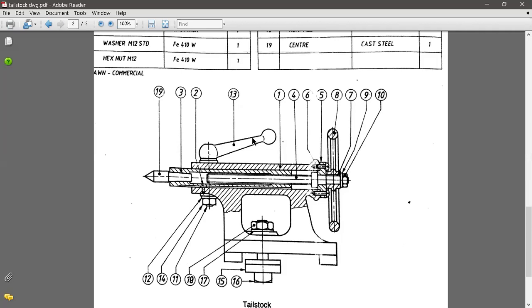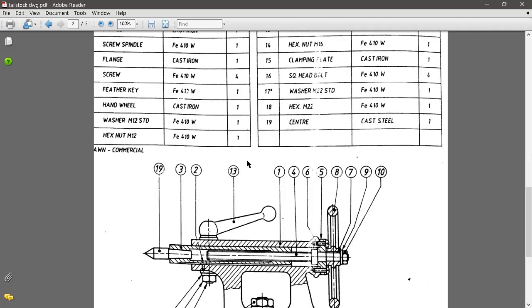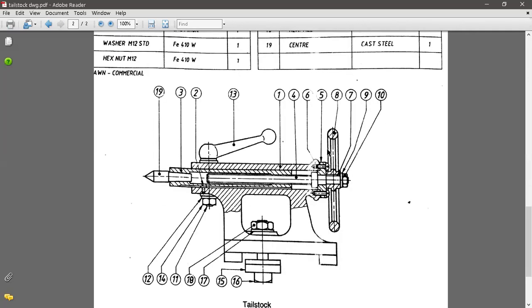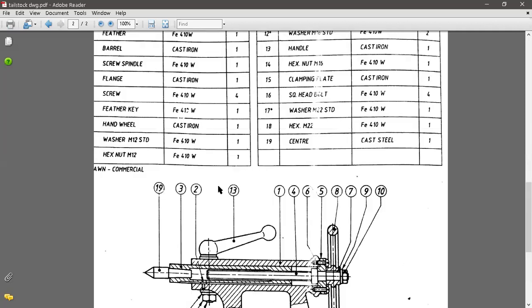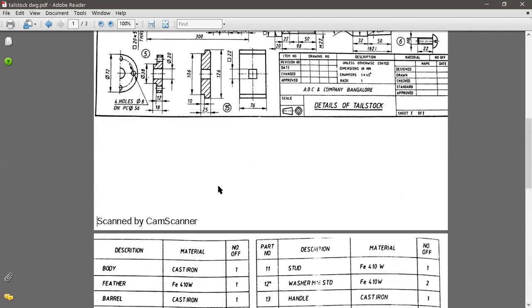Then we have a handle to lock the barrel movement. Once we lock this, if you rotate the hand wheel, the quill will move forward and the barrel will be locked. So you should know the function of the tailstock also.